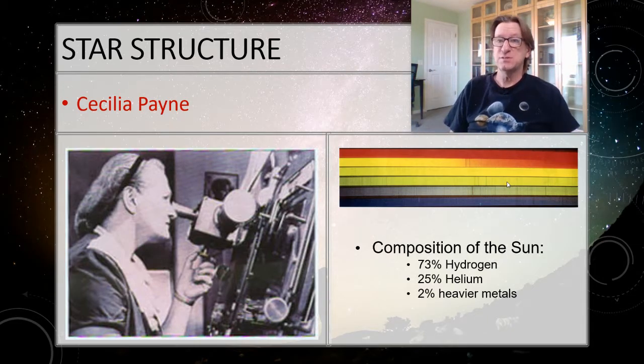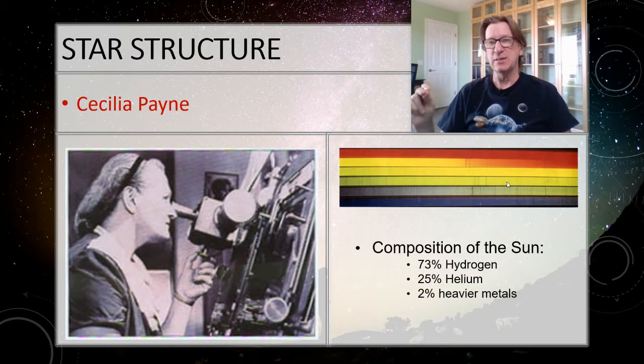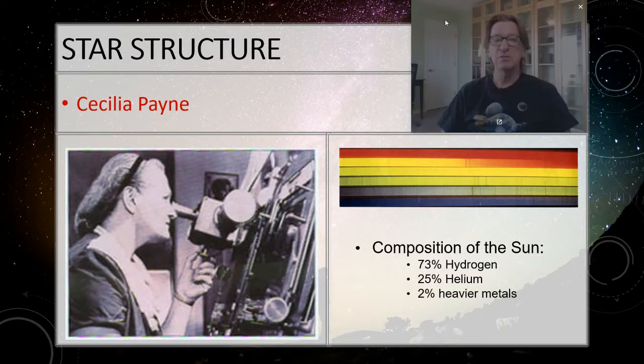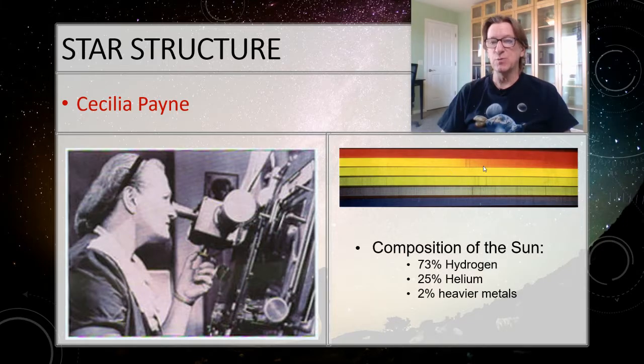So she gets in there and she says, fine. And so she looks at it and she discovers, nope, you are all wrong. The sun is almost entirely hydrogen and helium. And it was her work that enabled us to figure out, oh, if the sun is hydrogen and helium, then it must be powered by nuclear fusion. So Cecilia Payne's work with this absorption spectrum is responsible for everything that we know about stars and how they work. So ladies, don't ever let a guy tell you that you don't know what you're doing, because women are the ones who are ruling science right now.